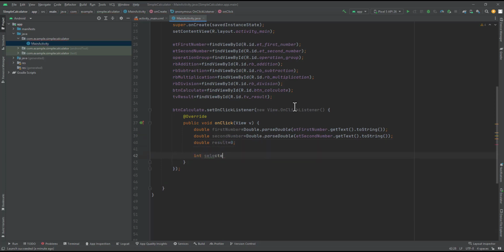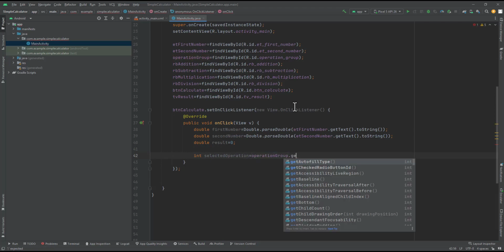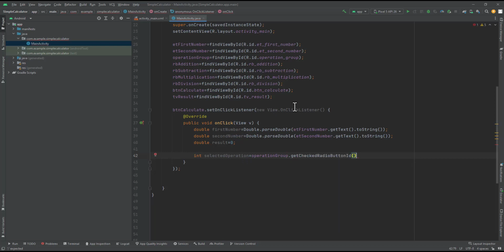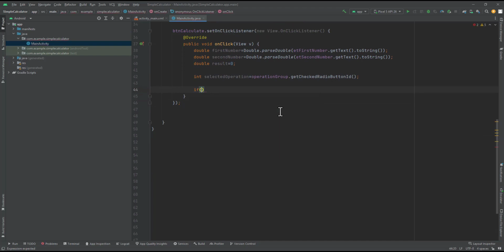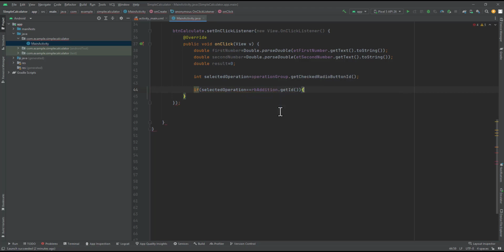The operation group.getCheckedRadioButtonID method returns the ID of the selected radio button in the operation group radio group object and stores it in selected operation variable. A conditional statement is used to determine which operation to perform based on the selected radio button. If the addition radio button is selected, it adds the first number and second number and stores the result